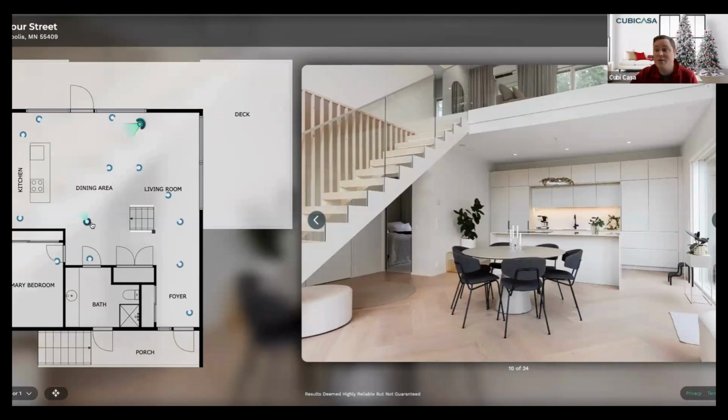Navigating through the floor plan, you can also pan around, zoom in and out, and then you'll have this toggle here that will recenter and rezoom out the floor plan. You can also toggle between the different floors of the property using this drop down here if it is a multiple story home. On the right-hand side of the screen, you will see the photographs, and these you can just